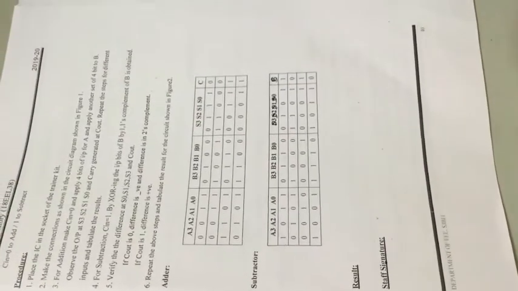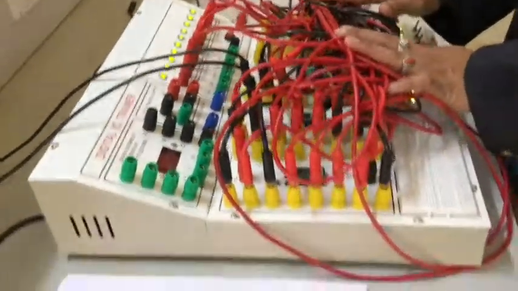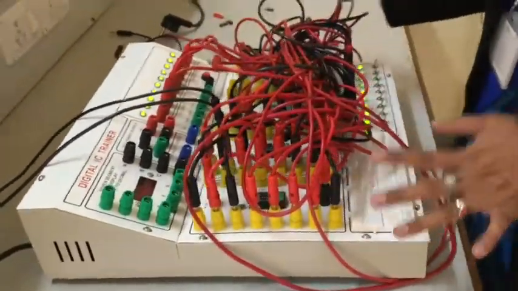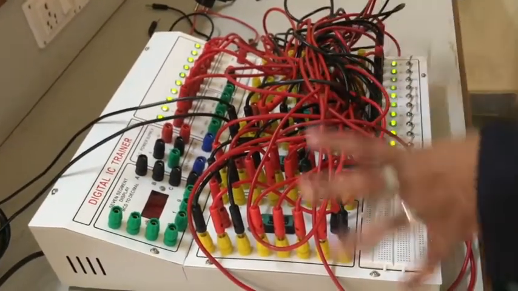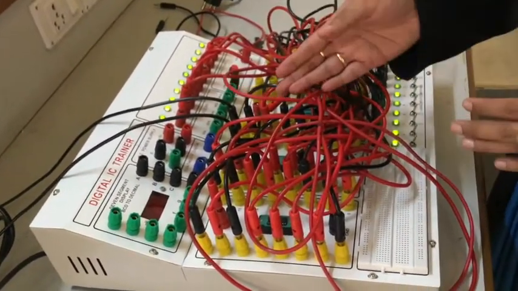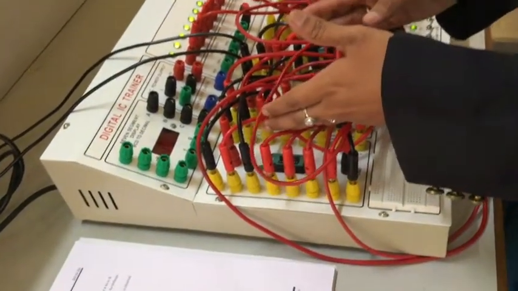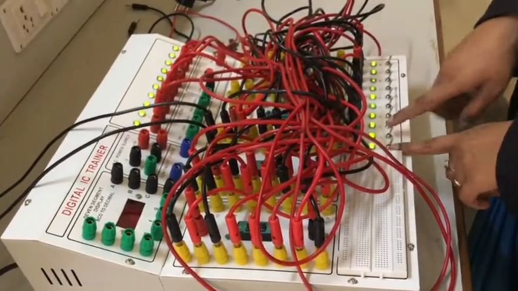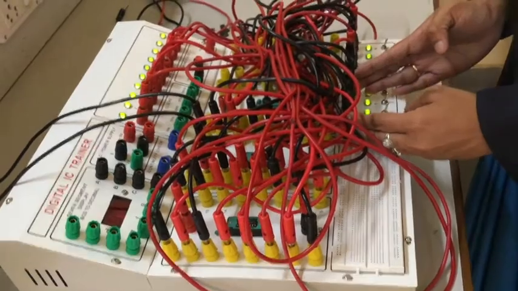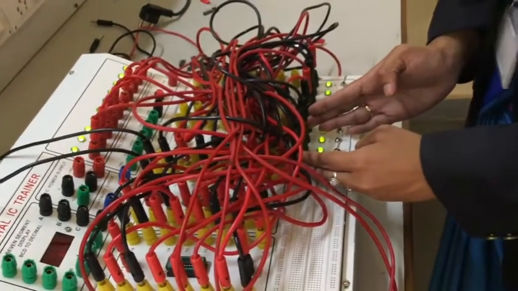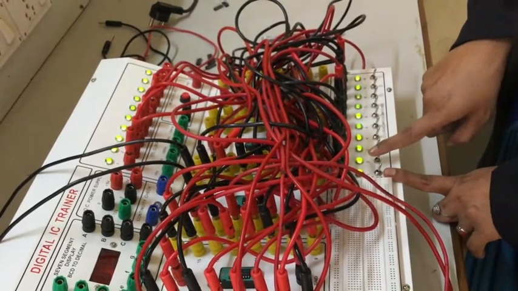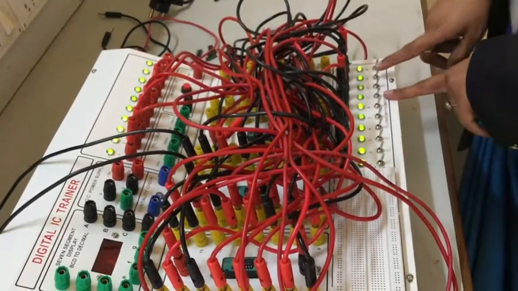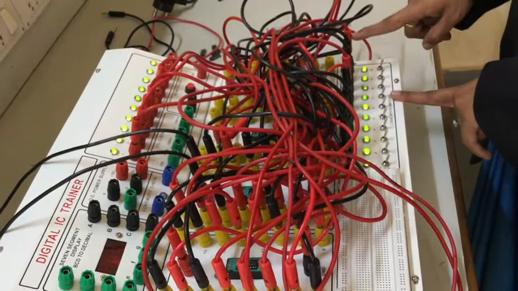Now just look at the circuit here. I have rigged up the circuit. It quite seems messy, but the thing is we have n number of connections here. I have an XOR gate, I have the 7483 IC here, and I have one group here. Say this is the A group, with 4 inputs A0, A1, A2, A3. Here I have B0, B1, B2, B3, and this is Cin.